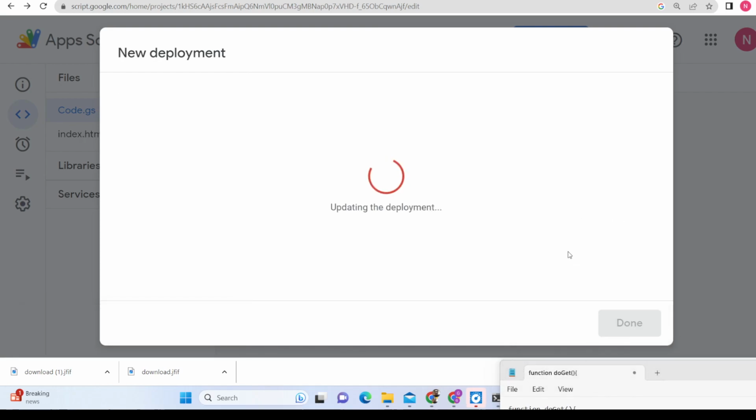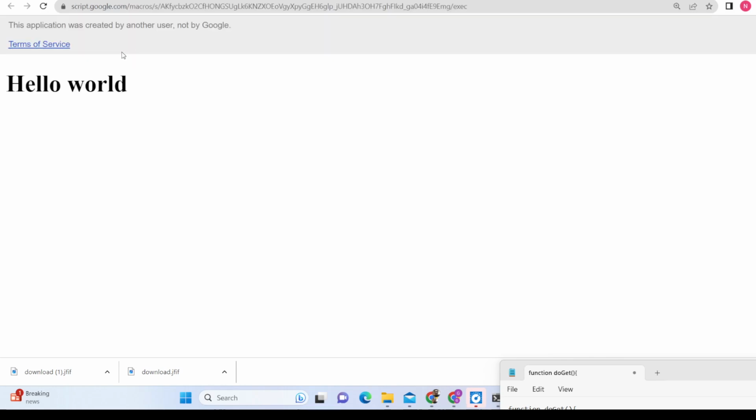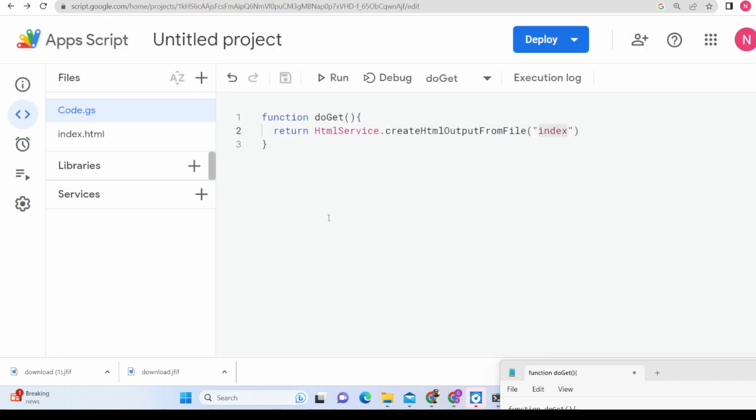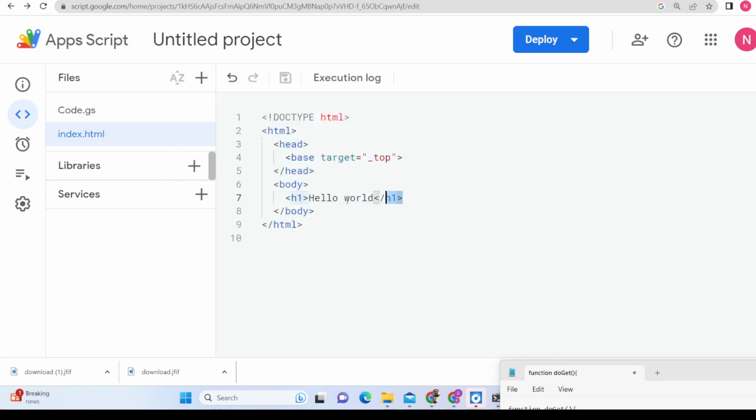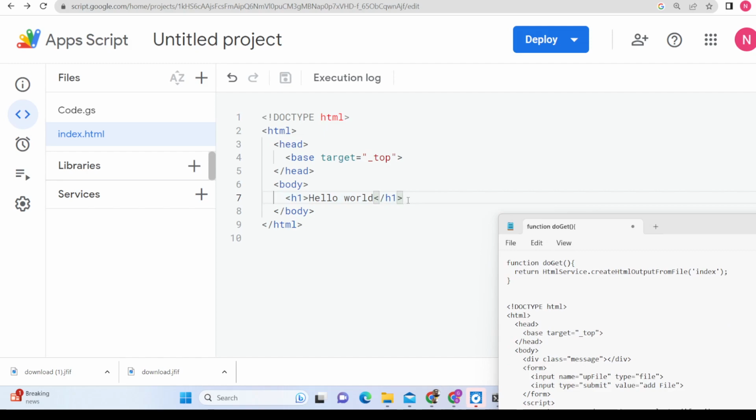So after you click deploy, guys, your app will get deployed and you will get a URL. If you click this URL, guys, what will happen? This hello world will be shown to you. You will see that hello world is shown to me. This is the HTML code that we wrote right here. Hello world. So now we will have a simple form, guys, where we will allow the user to